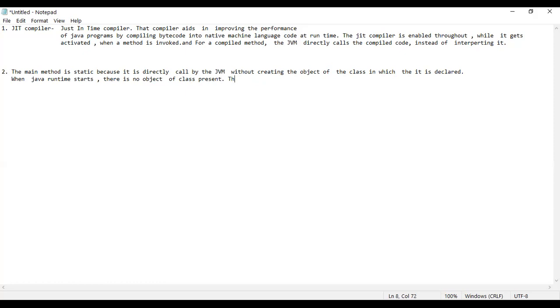That's why it has to be static, where JVM